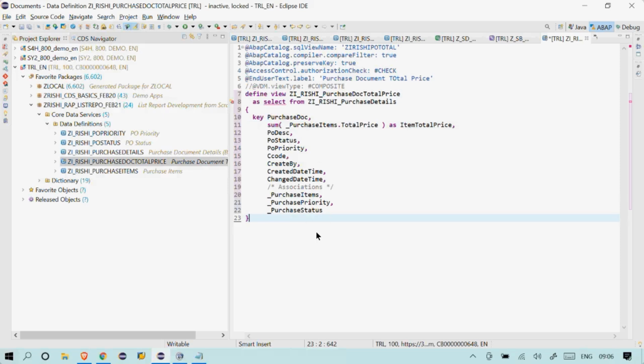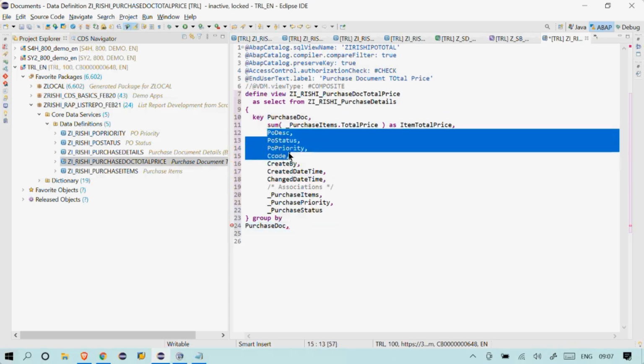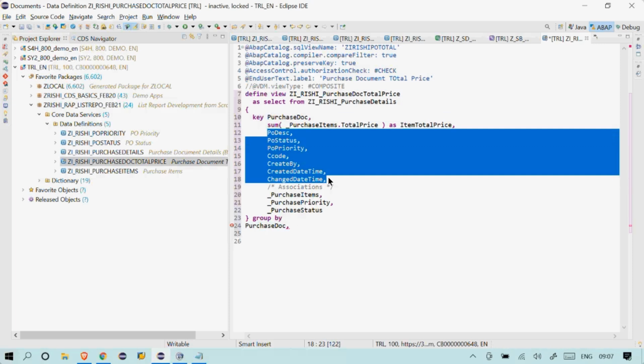So let's do that one. What are the fields which are here? I'll group by all the fields because it's always unique. I'll do a space, I'll keep it all here.